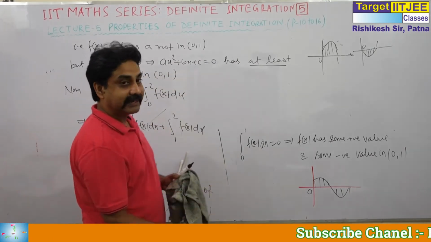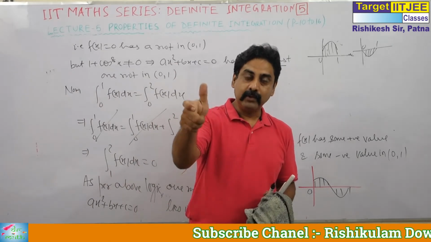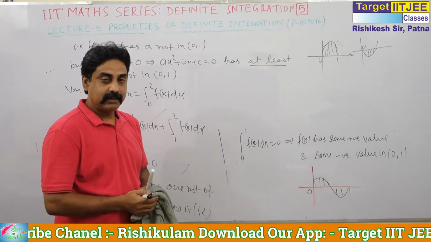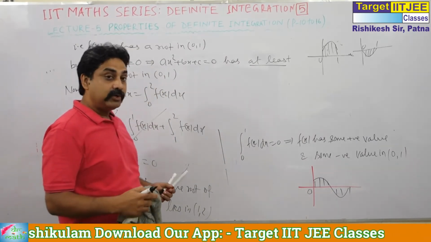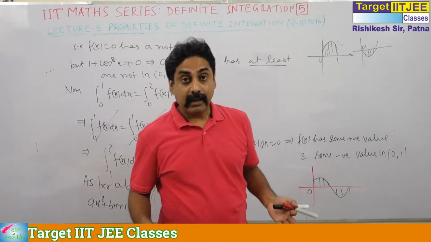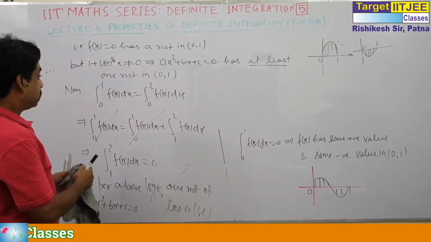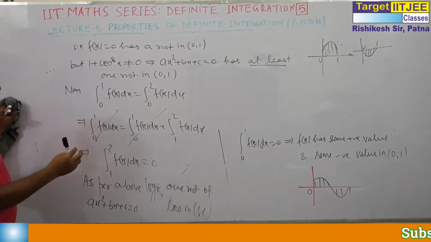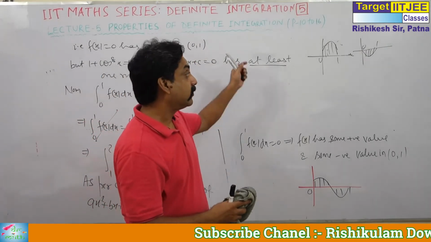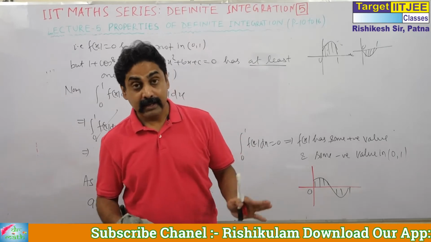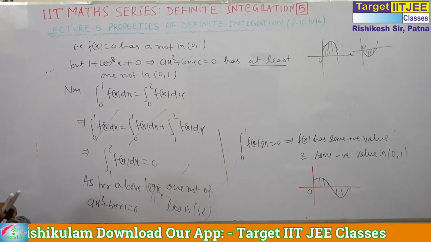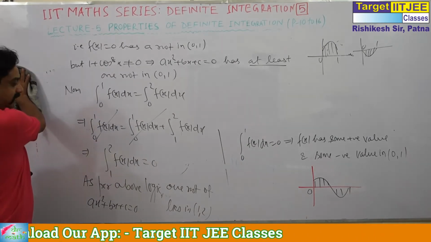It means exactly one root lies in 1, 2 and one in 0, 1. So see the change. Complete scenario change. In this type of question, IIT can ask you anything from anywhere. You have to go for complete logic. Now, this is not a stereotype question as we have done from 1 to 30, more than this they are related to integration. But here what we did is just the simple intermediate value theorem. So let's move to one more property.